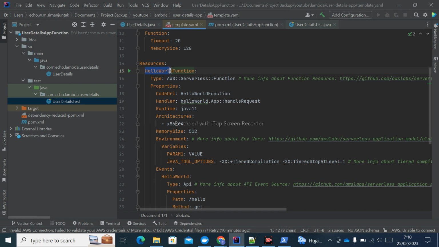Okay, I have the name of the function like here, hello function. I will rename it or replace it with my actual function name, that is user details add function, and then the code URI. The code URI is the name of the directory of the function. I change it to user details add function, and then the handler